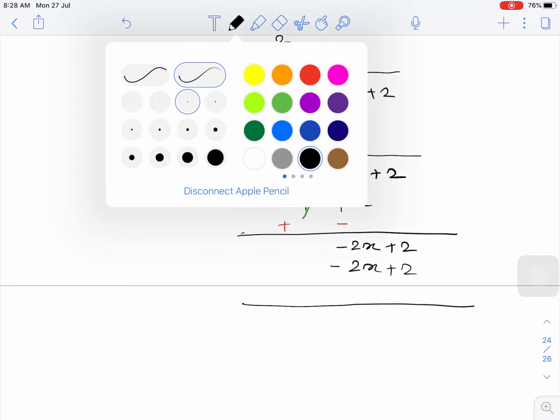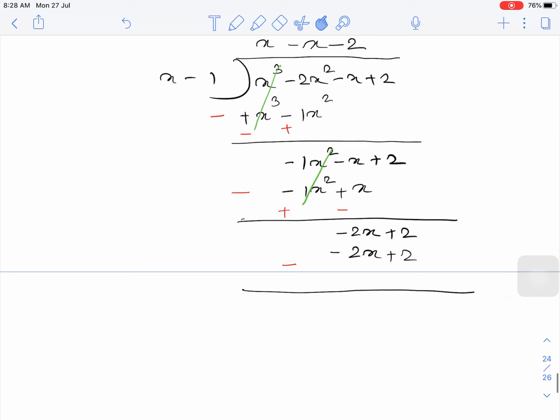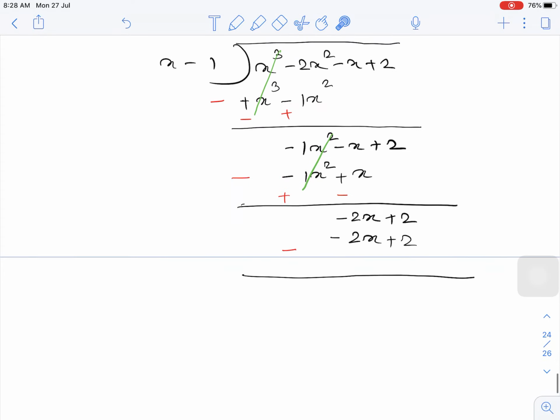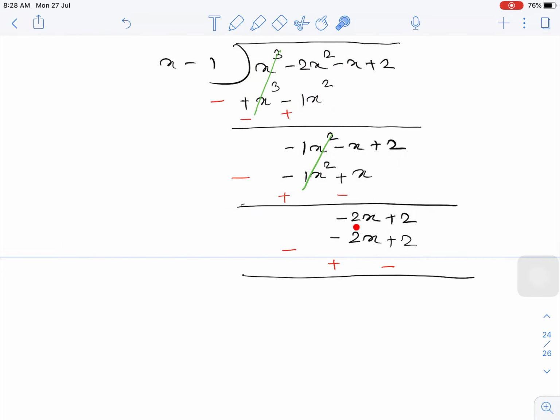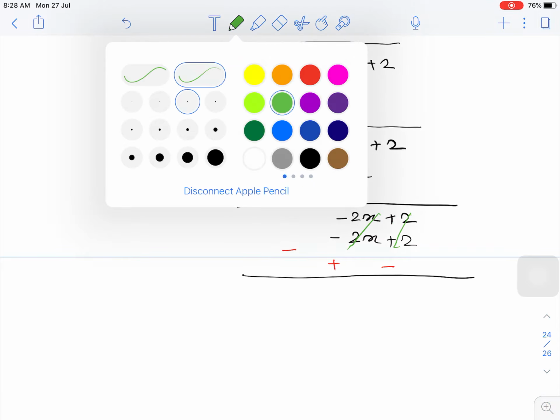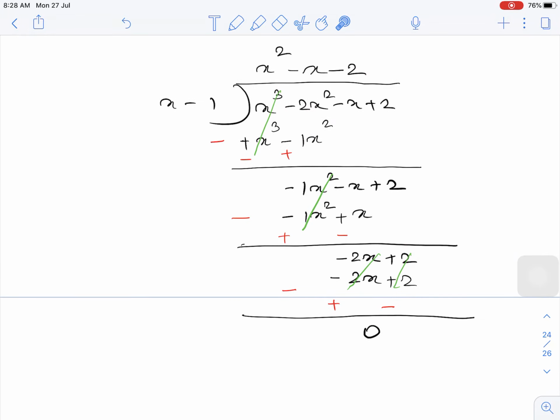Now in next step, what we are doing, changing the sign, so I am writing that negative over here. Now because of this negative, okay, this minus will become plus, and this plus will become minus. Okay, now we are going to deal with the new signs. Okay, so now minus 2x plus 2x will become, they will get cancelled. Okay, and plus 2 minus 2 will also get cancelled, so your final answer must be 0. Now as you are getting remainder 0, so it means that our remaining factors lies in this one.